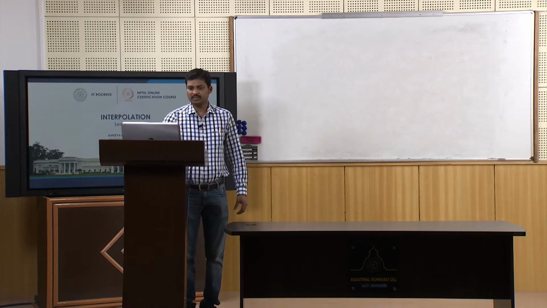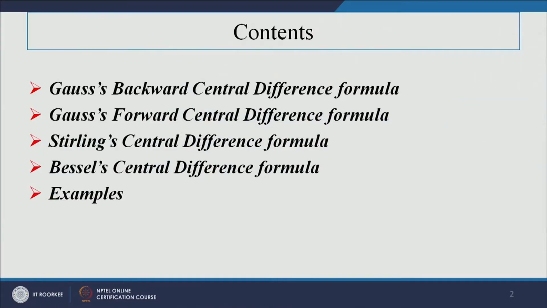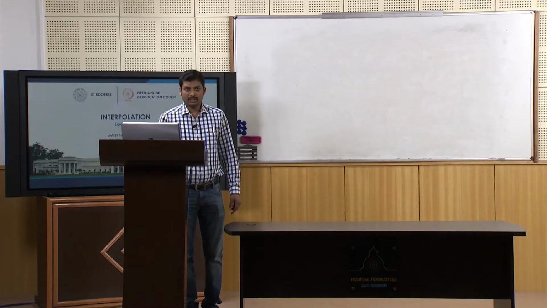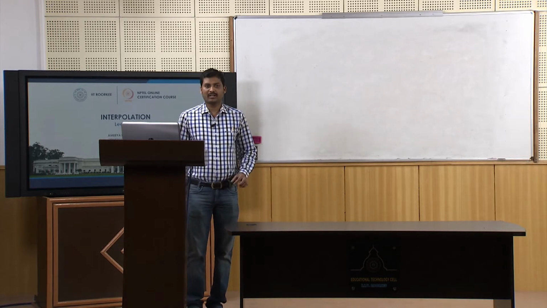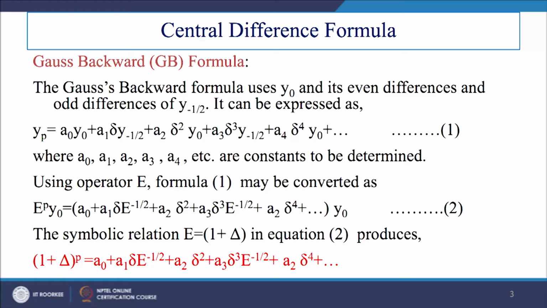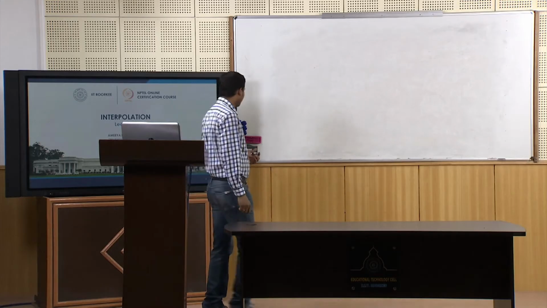First we will discuss the Gauss backward difference interpolation formula, then the Gauss forward difference formula. Then we will go for the Stirling central difference approximation and Bessel's central difference approximation with an example. In the last class we also gave little hints about the Gauss backward difference formula, where we usually use even differences of y0 and odd differences of y of minus half,